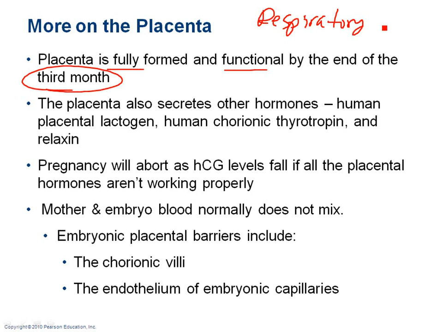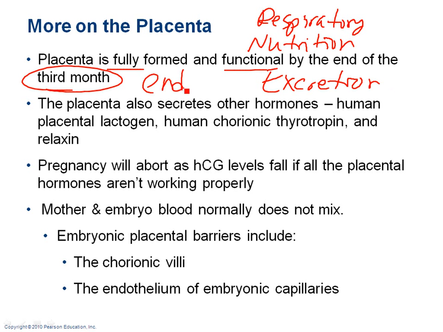So the placenta is acting as the respiratory system, okay, for exchange of gas. It's bringing in nutrition, okay, so when mama's eating a big milkshake, and all that sugar and all those proteins, all that fat, it's getting the nutrition to bring to the baby. Excretion, any kind of waste products, like taking away carbon dioxide. Sometimes the waste products, like urine from the baby, just go inside the amniotic sac. But there's some excretion going on. And remember, the placenta is also making hormones. So it's got an endocrine function. So it's fully functioning. It's doing all its jobs by 3 months.